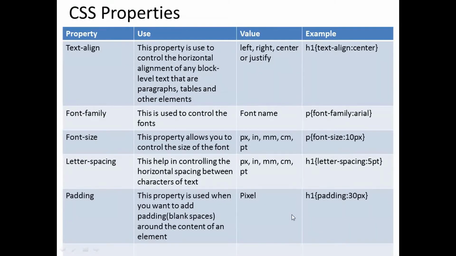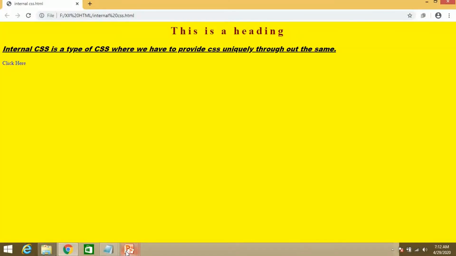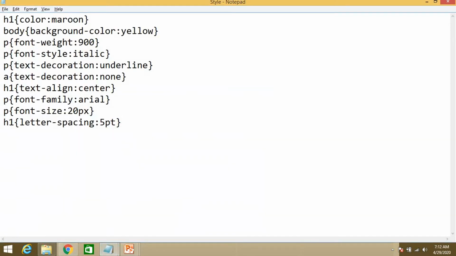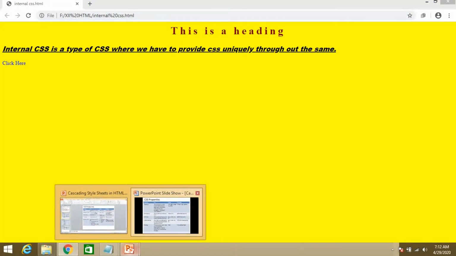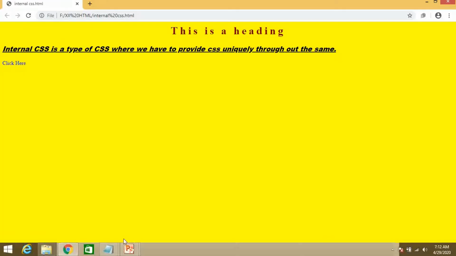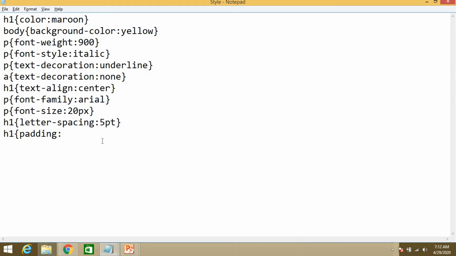A pixel is the smallest unit of an image or location. So apply h1 padding, 30px. Let's apply 30px and see the output. What is the effect of this?